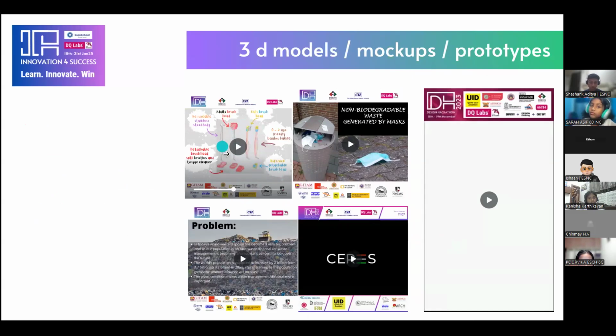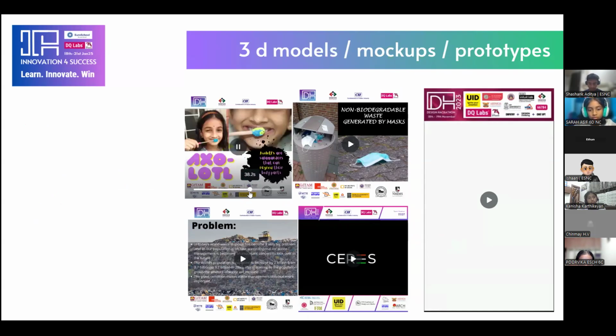So you can see that a couple of sketches have been done here to show the ideation process. And the student has also made a small model, which really helps us understand what they're thinking of. It need not be a very good quality model. It just needs to be something that helps us understand what you're thinking.